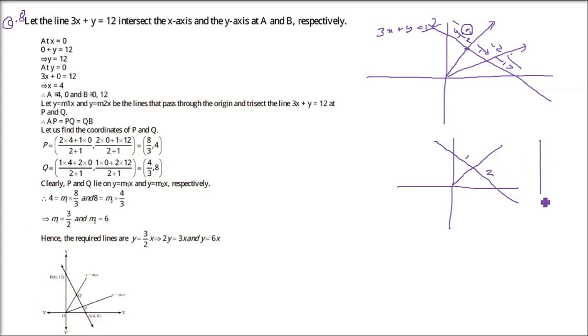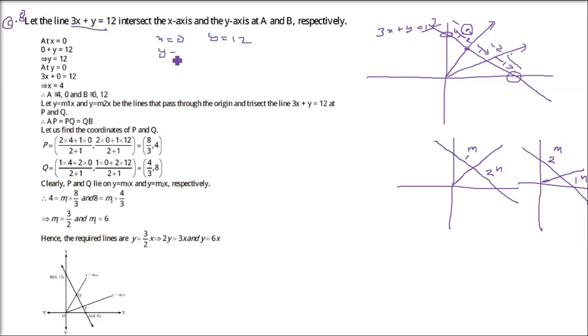Now our second line, which is the lower line, is dividing 3x plus y equals 12 as 2:1. Now here we have to take m as 1, n as 2. In this case we have to take m as 2 and n will be equal to 1. Now 3x plus y equals 12 is between the coordinate axes, so we can find out the x and y intercept. So put x equals 0 and y equals 0, you will get the point where it is intersecting the x and y coordinate axis.